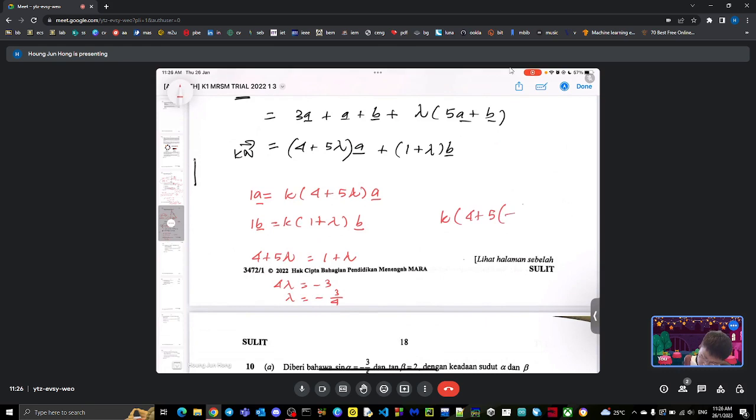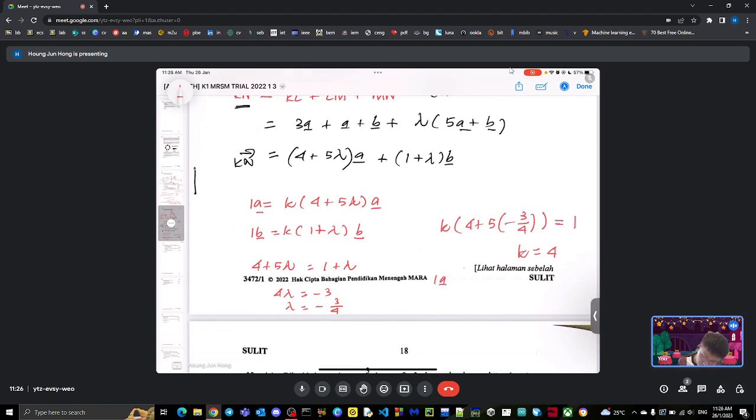Based on this value, we can find the value of k, because k multiplied by this would be 1. So how much would k be? So k will be 4. This is just some calculation, just do it yourself. And now k will be 4, so we can prove that,